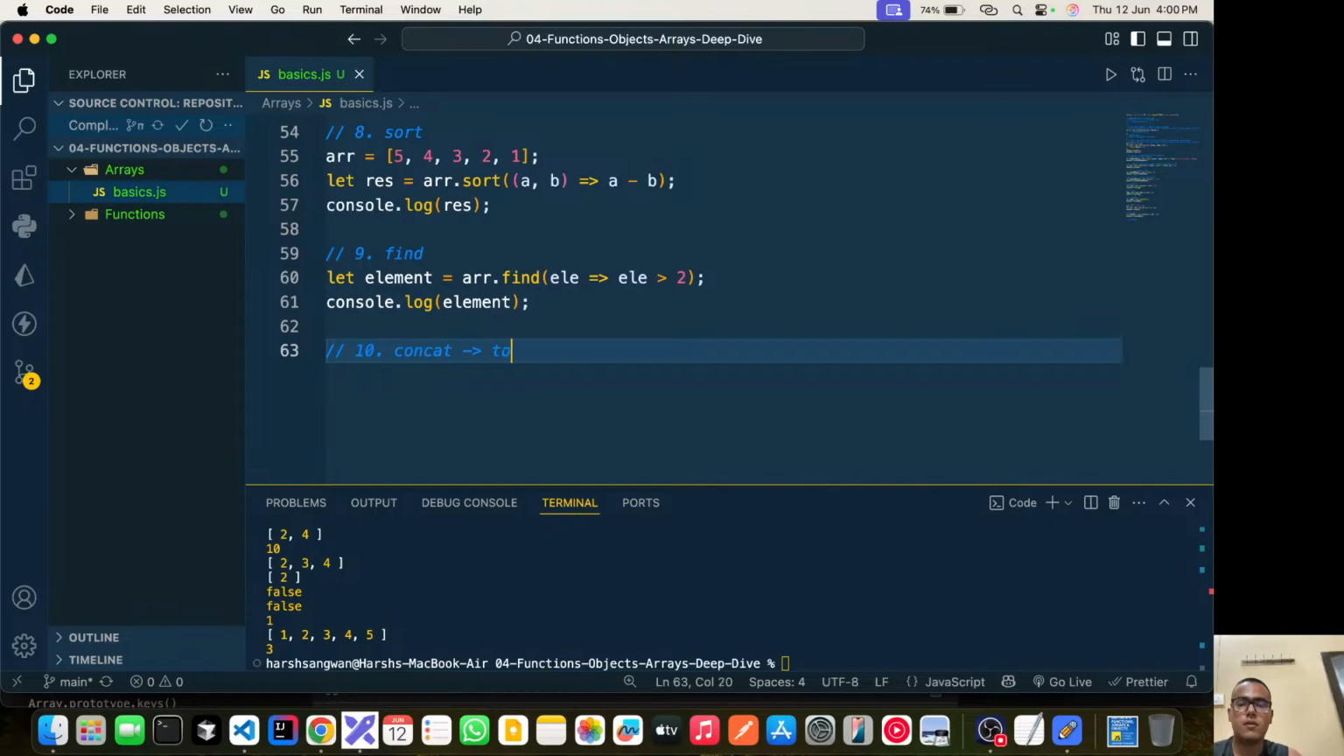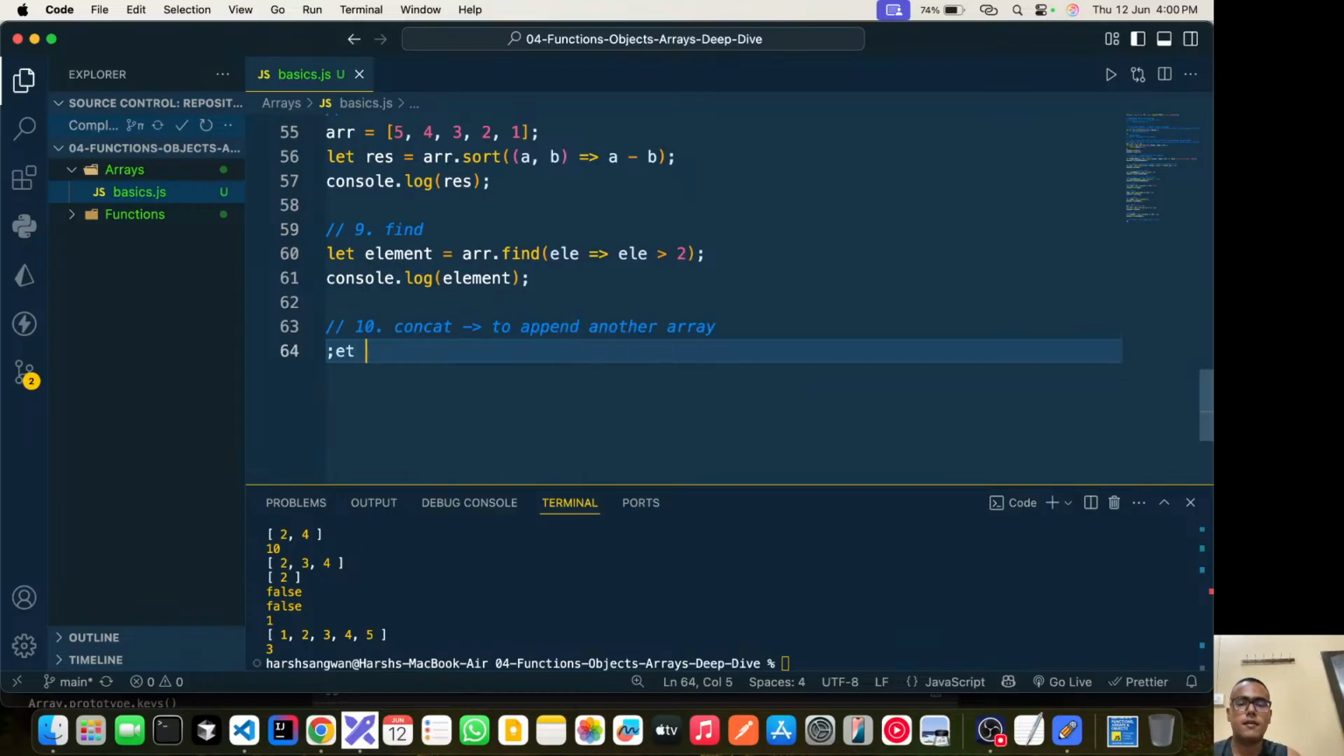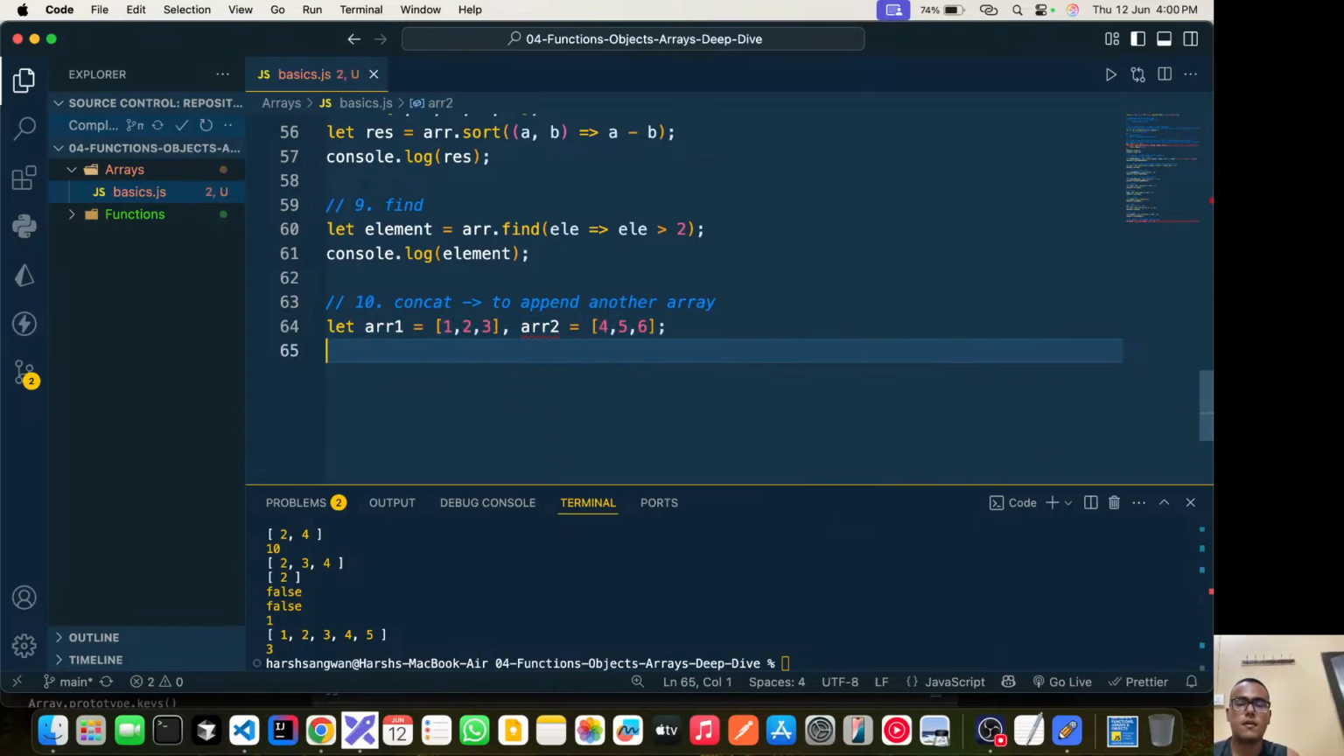Concat to append another array. Let's say we have array 1 as 1 2 3 and array 2 as 4 5 6, and